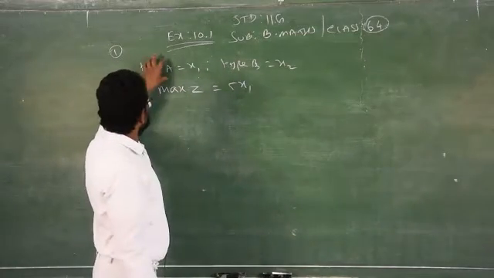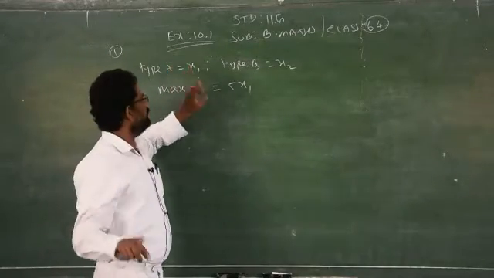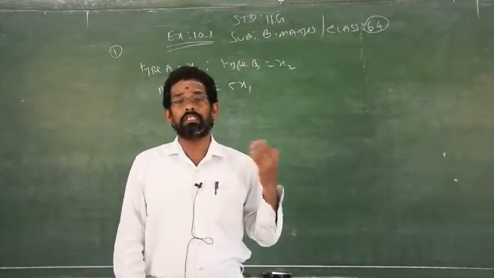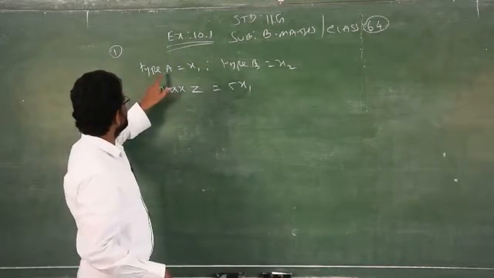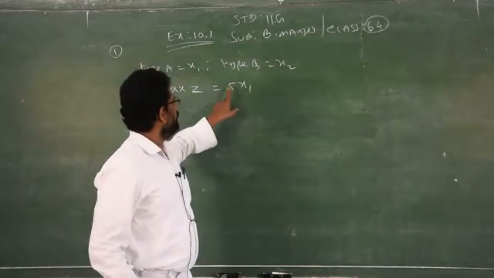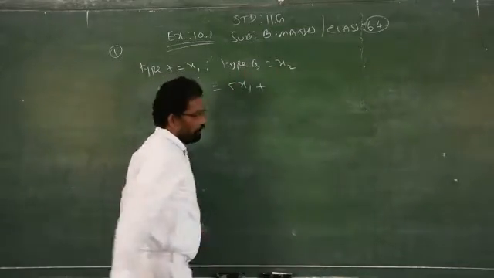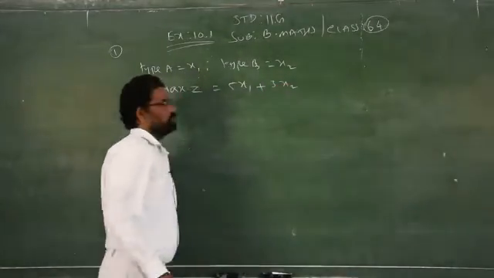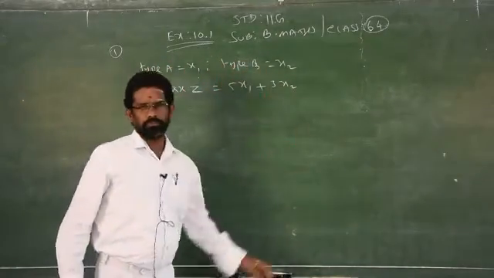Same way, I don't know the number of pens from type A, that I am considering as X1, but the profit from one pen is given already in the question itself, 5 rupees. Therefore, what is the profit after selling X1 pens? You have to multiply the profit per pen by the number of pens. The number of pens from type A we consider as X1. Therefore, 5, the profit from one pen, into the number of pens, that is X1. Similarly, you have the profit under type B pen as 3 rupees, 3 into the number of pens X2. So now this is the equation to maximize: Z is equal to 5X1 plus 3X2.